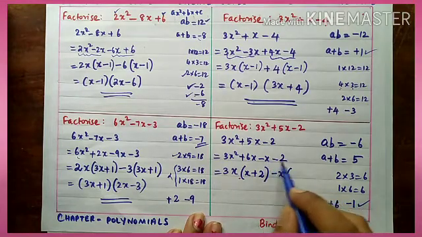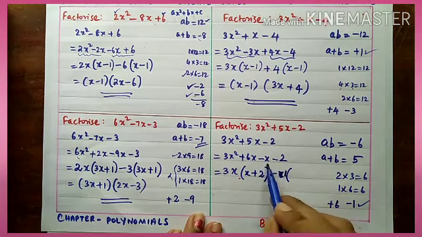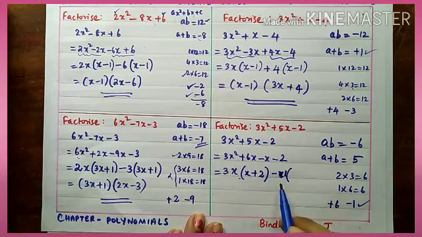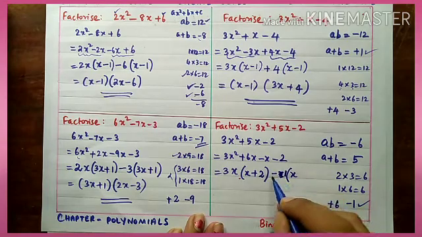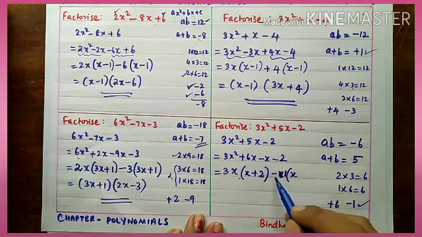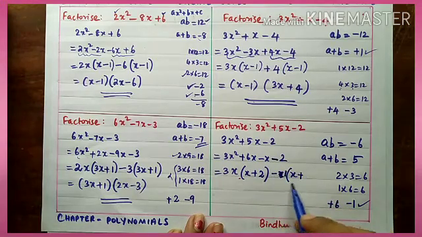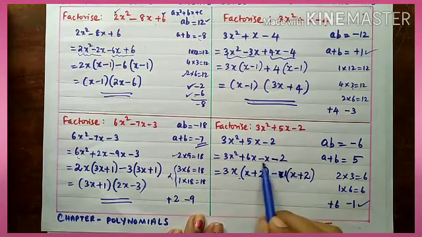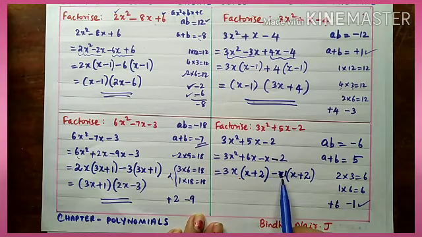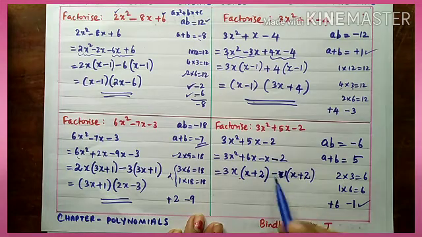Sorry, here x and 2, there is no common number, so minus 1 is common. When there is no common factor, that means the common number is 1. So inside, minus 1 into x, and here minus 2 is wanted, so we will put the sign plus here, because minus into plus is minus 2. Understood this step? Here, because there is no number in common, 1 is taken outside, so minus 1 into x, minus 1 into plus 2 is minus 2.